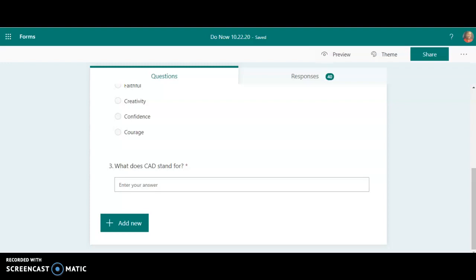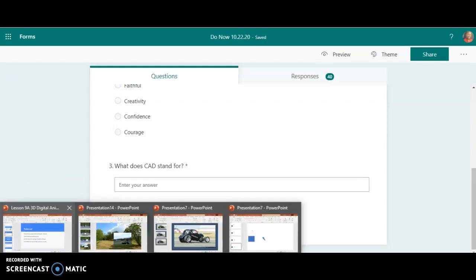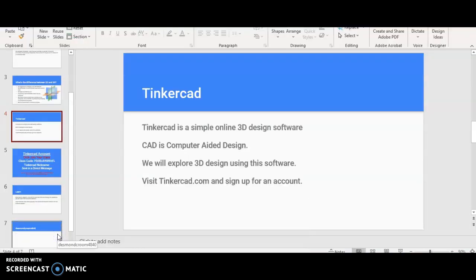All right, so this is a quick recap of what we did today. We started out with our do now, and for your do now, the question was, what does CAD stand for? And I believe most of you got it correct. We stated in our presentation a few days ago that CAD stands for computer aided design. So that is a design that is aided,